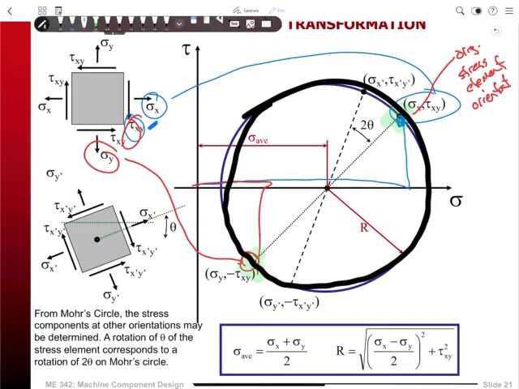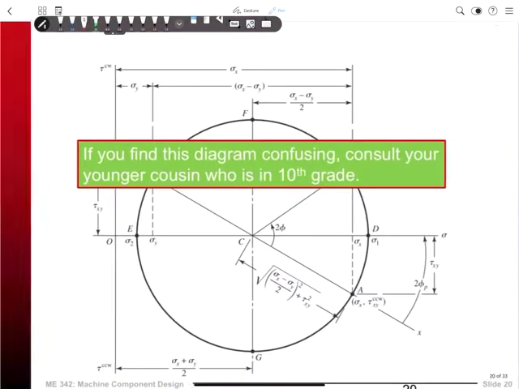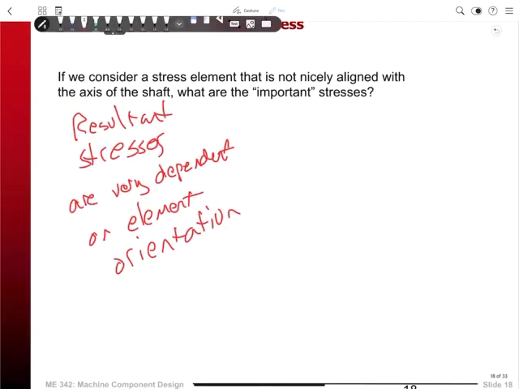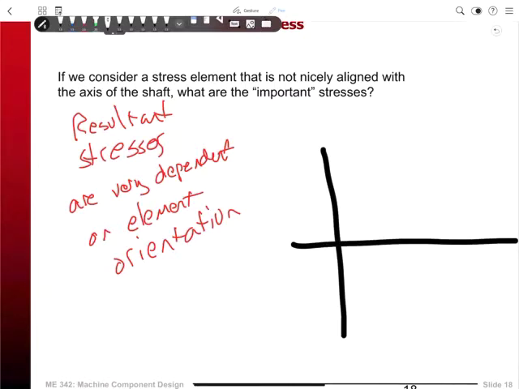But if I rotated it some other way, I might get some other combination. I could get combinations of shear stress and normal stresses anywhere on this whole circle, right? For instance, if I had pure tensile stress, so if I had this case here,